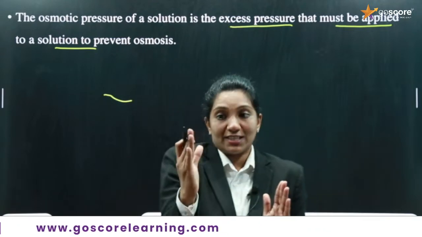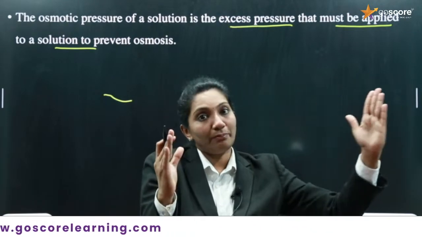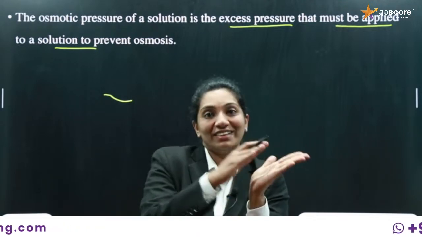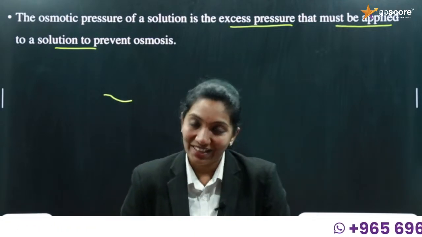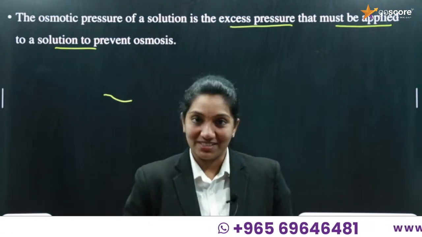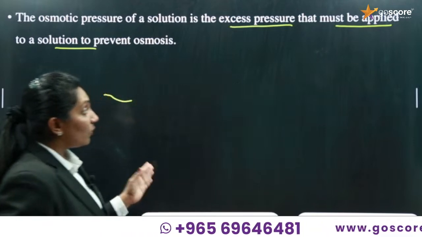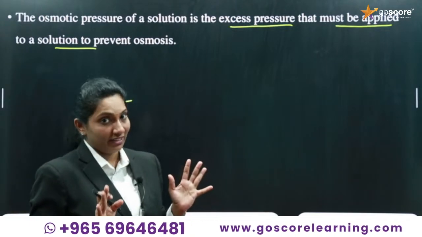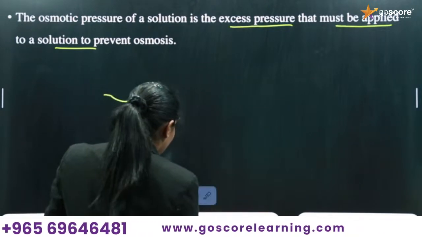So if you are applying a pressure that is greater than the osmotic pressure, what will happen? Reverse process will occur, right? So about the reverse osmosis we can discuss later. So I think the osmotic pressure is clear for you, and there is an expression